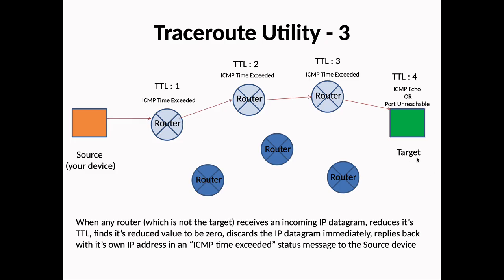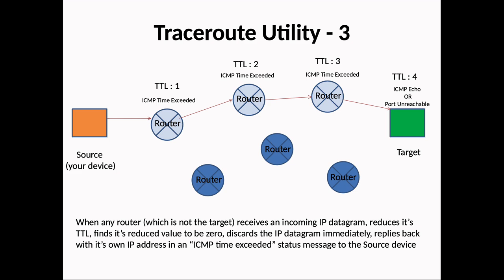the target. Now, when it does reach the target device, naturally its TTL would be non-zero, because if it was 0, then how did it get here, right? And since it did reach the target, naturally the TTL should have been non-zero. Now, do keep in mind that as the IP datagram starts from the source device with a certain value for TTL, every intermediate router which processes the IP datagram along the path to the target device decreases the TTL by 1, except for the target device itself, which will just process the IP datagram as it is supposed to be